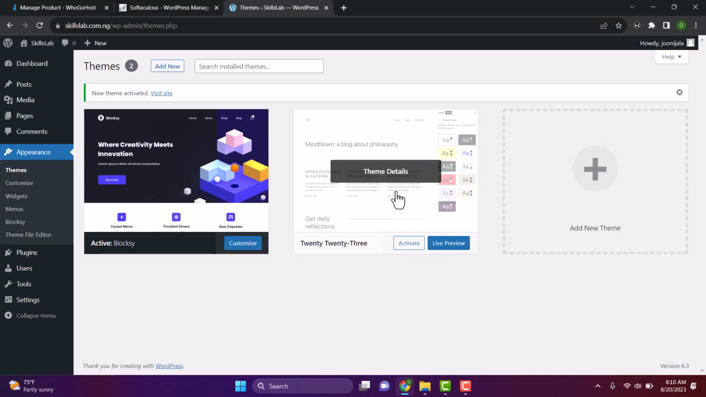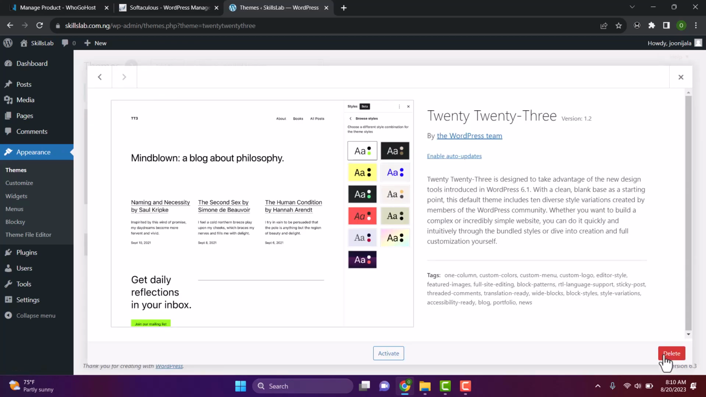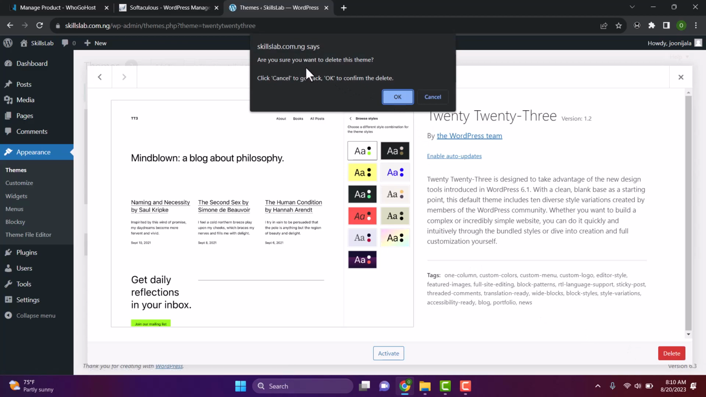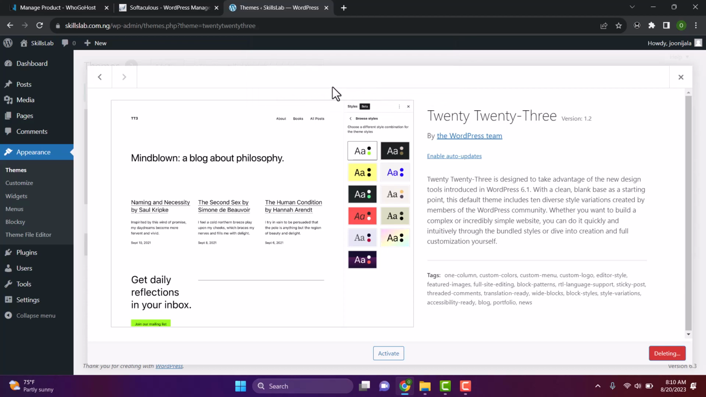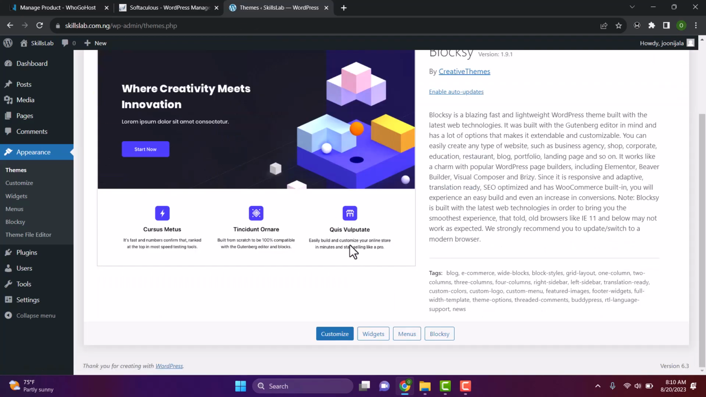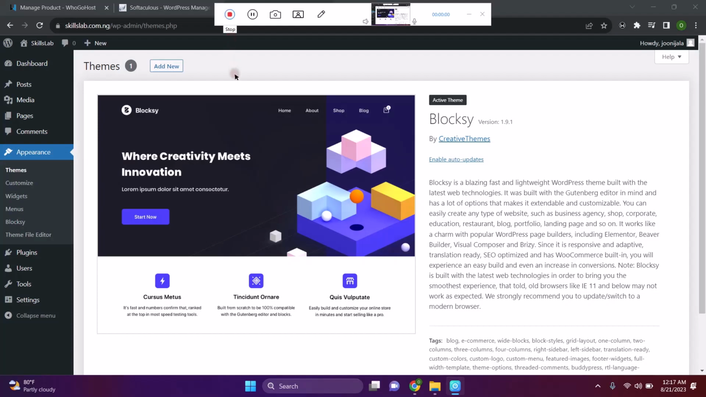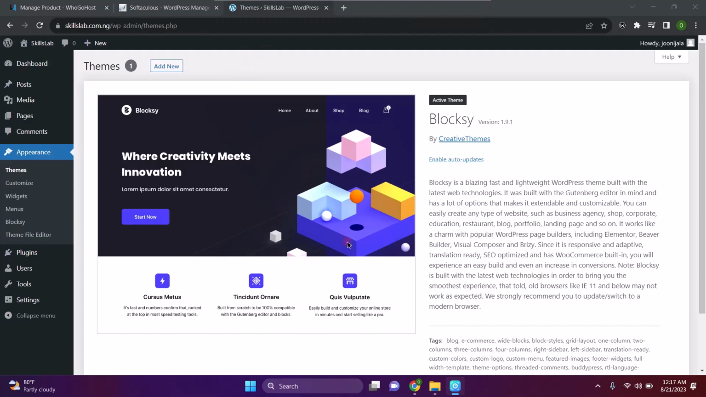So now, you click here, team details, then you come to delete. This confirmation will pop up. Then you click OK because I'm deleting it. Now I have this. After deleting the other theme, we are going to be left with only this, and